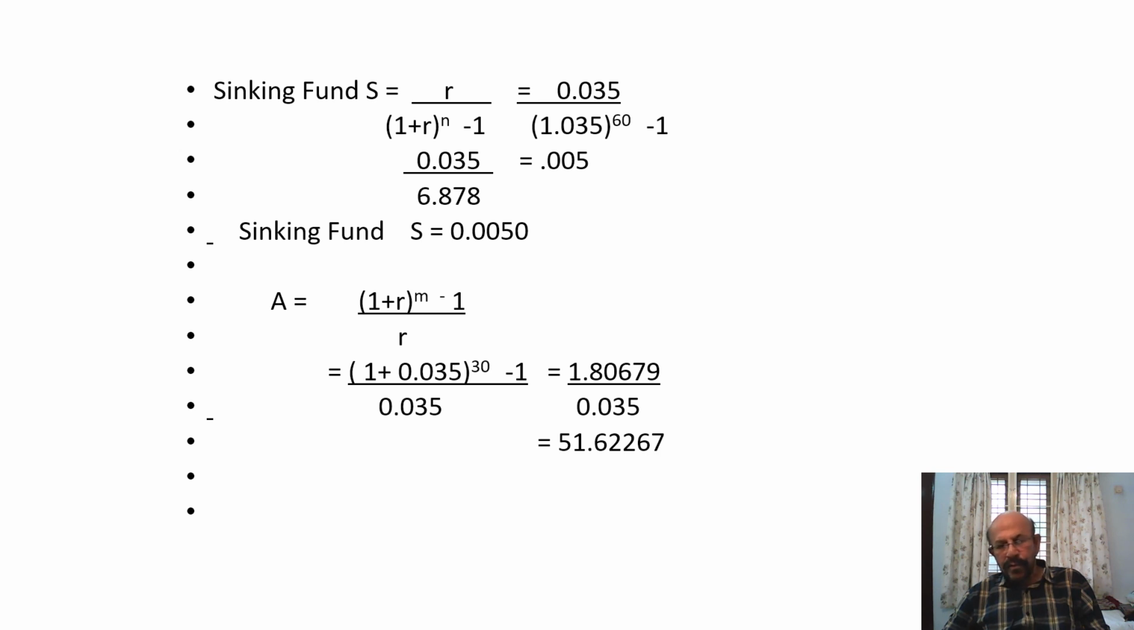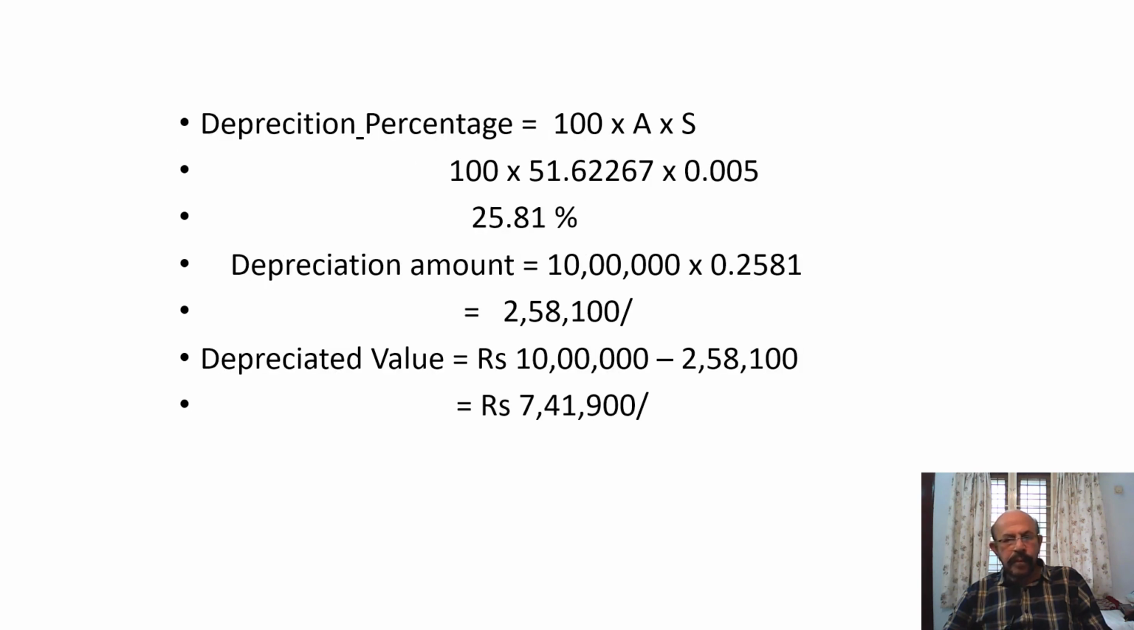A is equal to 51.62267. So depreciation percentage is equal to 100 into 51.62267 into 0.005 is equal to